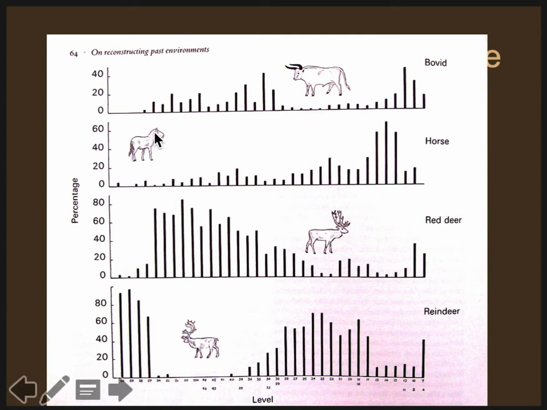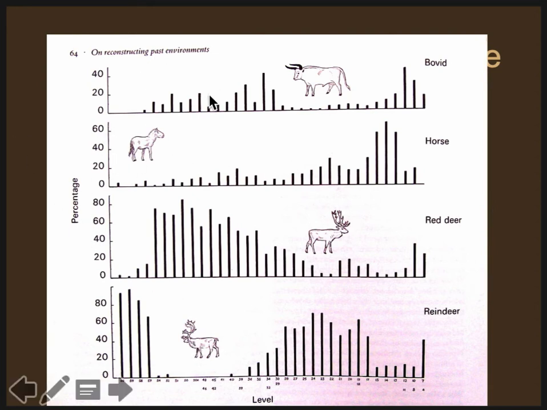Another thing that you can look at, and this is related to the discussion that we had about climate a few weeks ago, is that the study of animal bones can also help you reconstruct ancient climate. This is something we alluded to a few weeks ago. If you see different species through time in an area, it might indicate that there has been a change from warmer temperatures to colder temperatures, or from colder to warmer, right? So, for example,